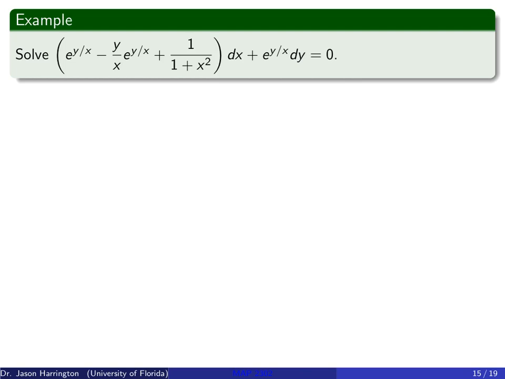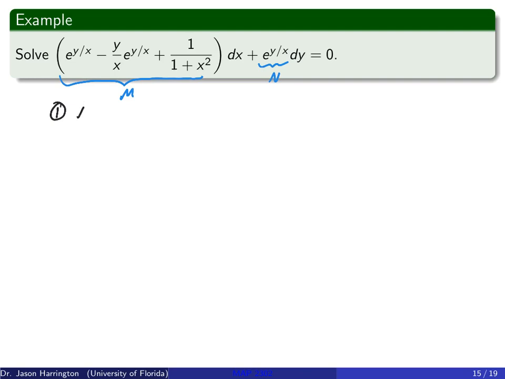Okay, whoa. I got a little scared when I saw this. All right, so let us take a look at this example, which seems scary on the onset. Hopefully it won't be too bad. So for this first thing, I'm just going to set this equal to m. And for this, I'm going to set equal to n. And let's check to see if this thing even works. My hope is to say, nope, it doesn't work, and then go on to a nicer, easier problem. But something tells me that's probably not going to happen.